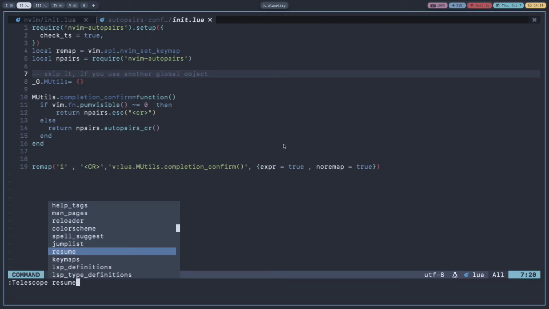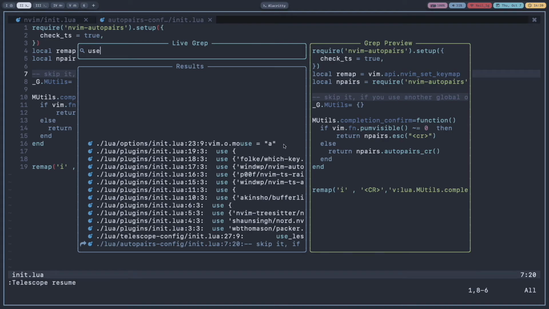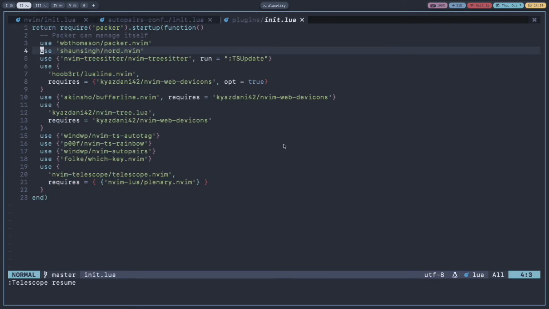Yes, telescope resume, and it will get back the telescope window, and now I can go to another instance where the use keyword was used. If you want to see more about telescope, there is one video from ThePrimeagen about telescope that is very nice. You can see that on YouTube.